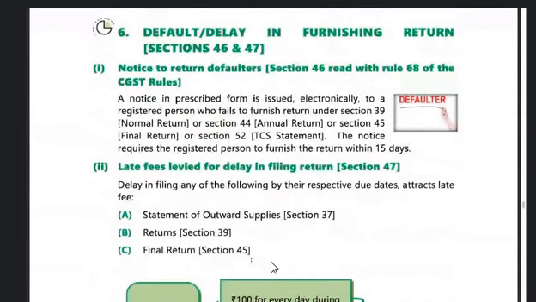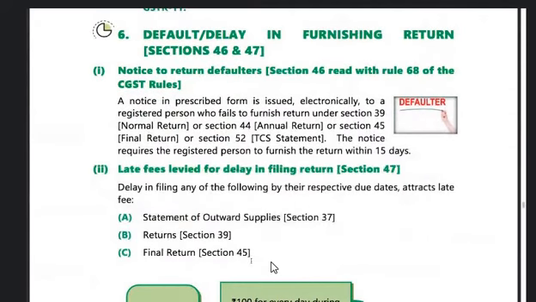What happens if you delay in filing the return? Two things will be applicable. One is your late fee. If you delay in filing the return, on a per day basis, late fee will be levied. So every day, 50 rupees late fee will be levied. And apart from that, whatever tax payment you have to do on that delayed payment, you have to pay interest. So you have to pay interest and late fee, both the things, in case you delay